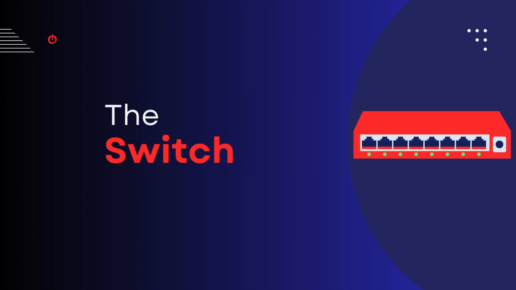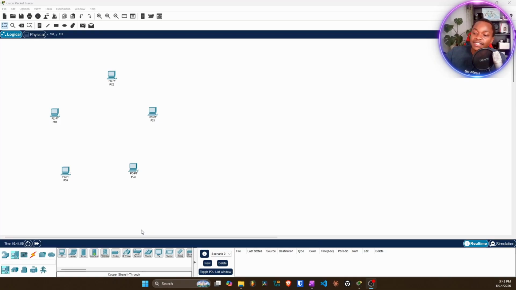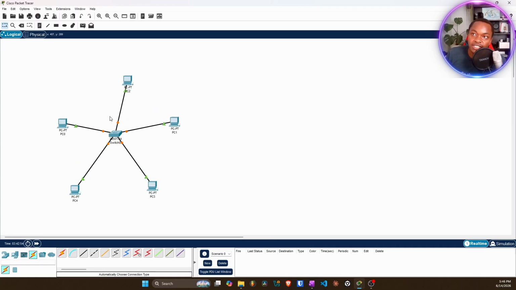It's called a switch. A switch is just like a hub, but the thing about a switch is it's way smarter. So what a switch does is, I'm going to connect all these computers to the switch. Let's say this computer PC4 is trying to send information to PC2 up here. What a switch would do is, instead of broadcasting that message to all the computers on the network and telling them PC4 has sent this information to PC2,